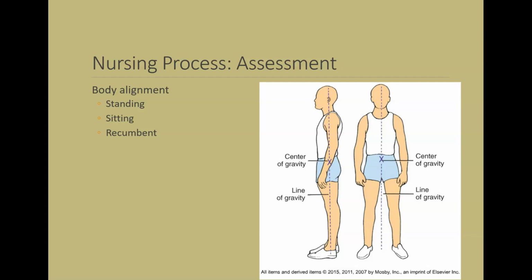You want to look at the knees and see if they're able to flex them and that the feet are flat on the floor. When they're sitting, you want to see that their body weight is distributed on the buttocks and thighs, and the thighs are parallel and in a horizontal plane. And you want to make sure that the person's feet are supported on the floor, their forearms are supported on the armrest or in the lap,